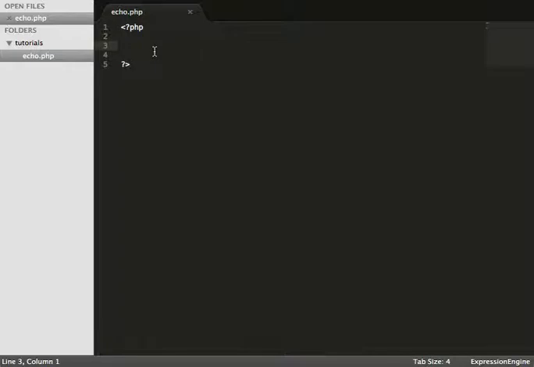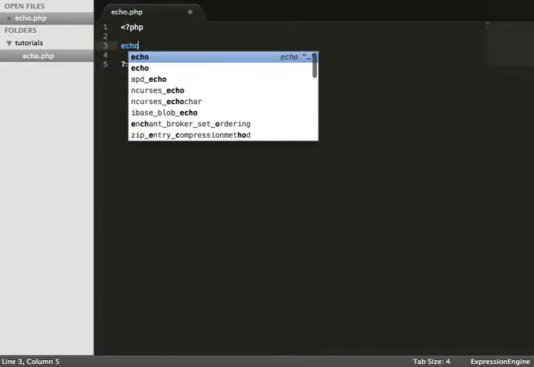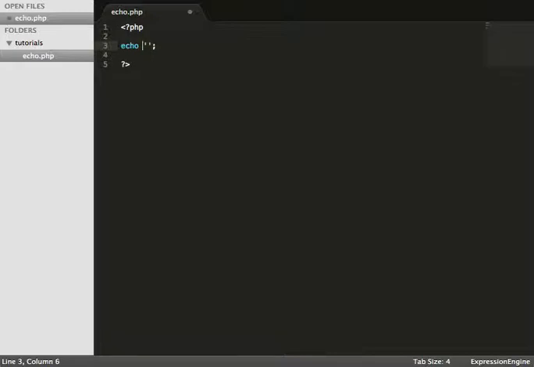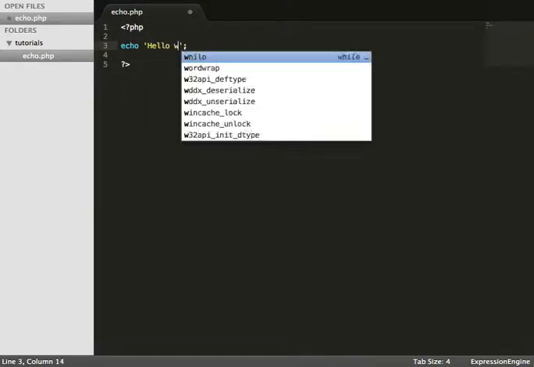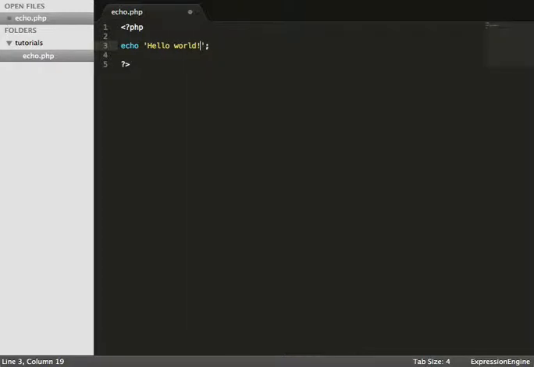Now, to spit something out to the user, all we need to do is type echo, single or double quotations. In this instance, I'm using single quotations, and then obviously your line terminator. As always, you need to terminate all your lines in PHP. Now, I'm just going to write some text here. So, hello world. Save that. Come over to my browser,